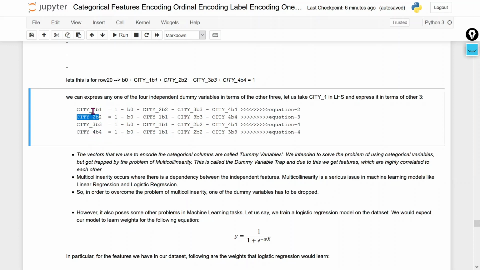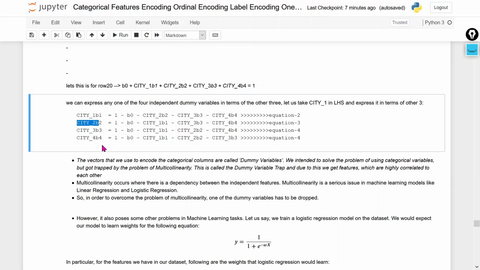It means city1, city2, city3 and city4 are all redundant. Any dummy variable can explain the same thing that the others can explain. So we can say that there is multicollinearity in these variables. It means they are all correlated.